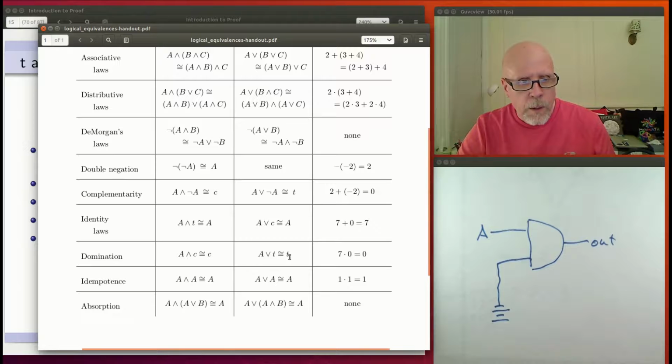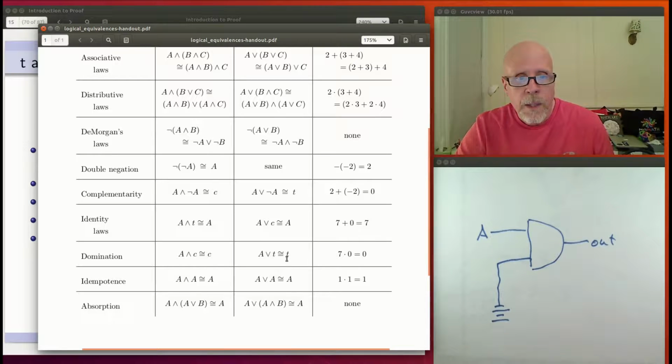There are 2 versions of domination in logic. For ANDs, ANDing with a contradiction just produces a contradiction. Because one side of the AND is definitely false,